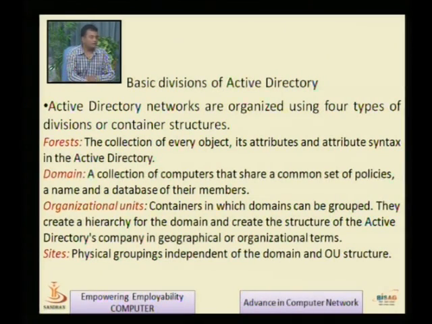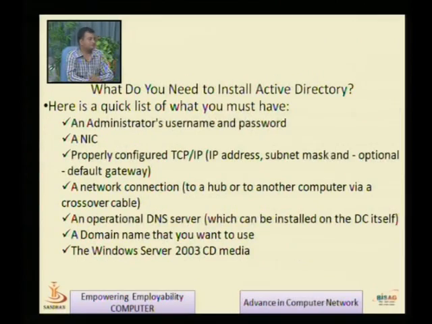So in Active Directory you can create a forest, you can create a domain, you can also create organizational units, or you can create a site. For example, we have one site, saurashtrauniversity.edu. In that we can create another sub-site, external.saurashtrauniversity.edu. That external is for external students, isn't it? So this way we have four types of container structure for Active Directory.